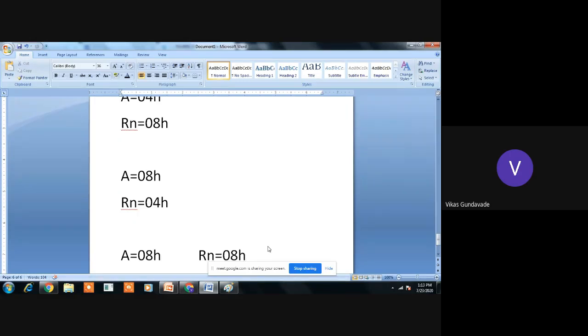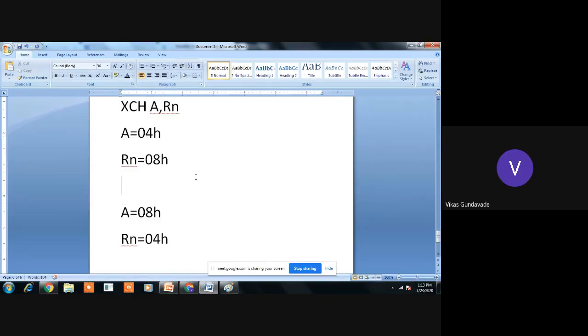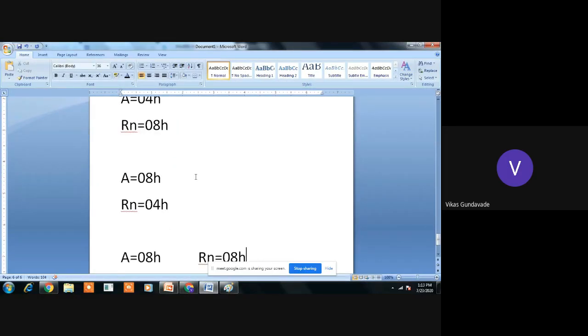Okay, so before execution of the instruction, the contents of the accumulator are 04. Am I right? But after execution of the instruction, if suppose the first data is transferred from Rn to accumulator, the new contents of accumulator are 08. After that, if the microcontroller is switching the data from accumulator to Rn, then the data should be 08H.